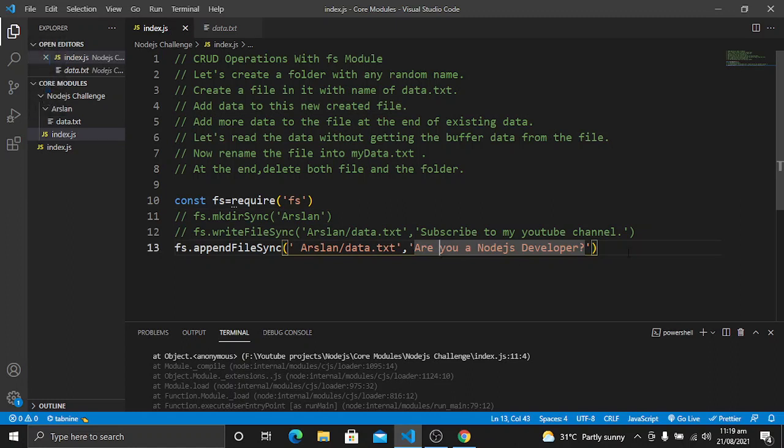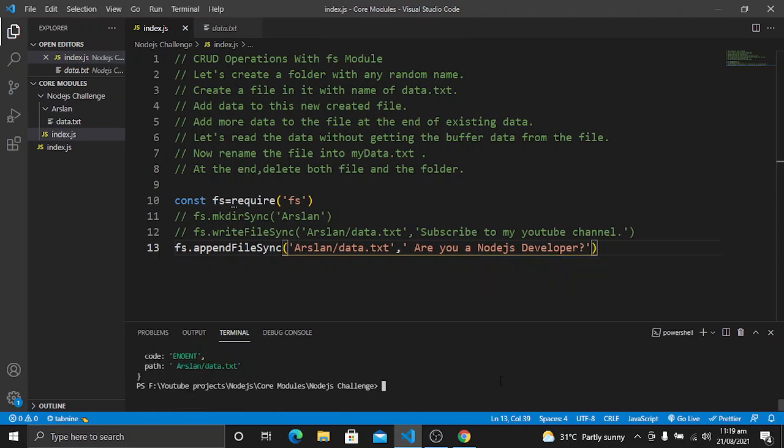So the error, I think, is that we don't want a space from here, we want to add a space at this line. Let's save it, clear the terminal, and run the code again.